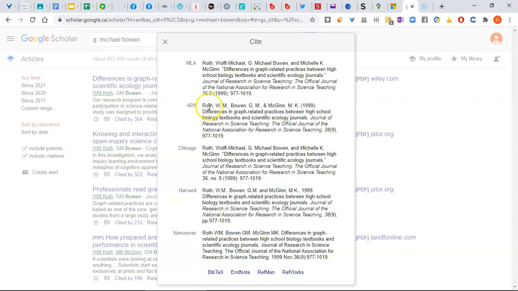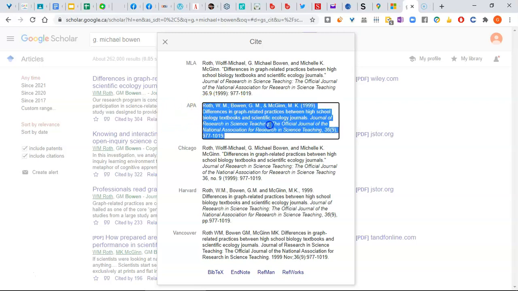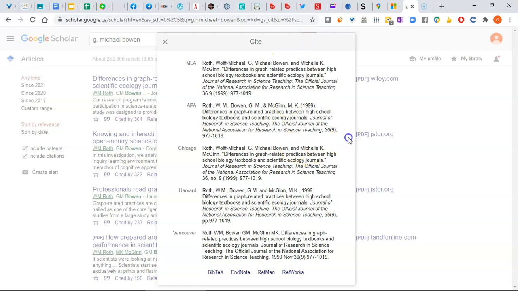So, for instance, with this paper, under the APA format, it says it's from the Journal of Research and Science Teaching, the official journal of the National Association for Research and Science Teaching. And in the proper APA reference, that whole, the official journal of the National Association for Research and Science Teaching, should not be there. Sometimes the tool also gets the name of the journal a little wrong, and it can